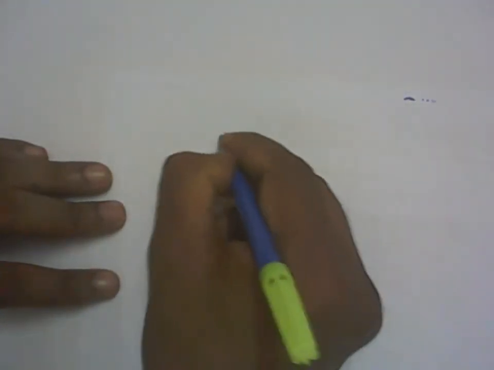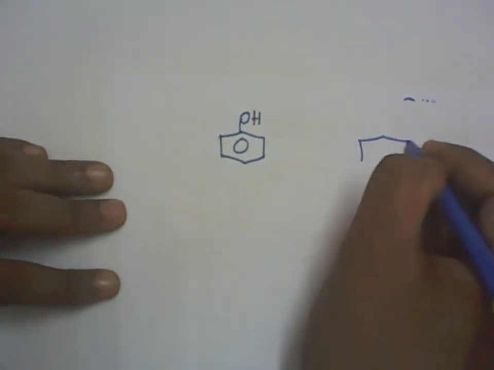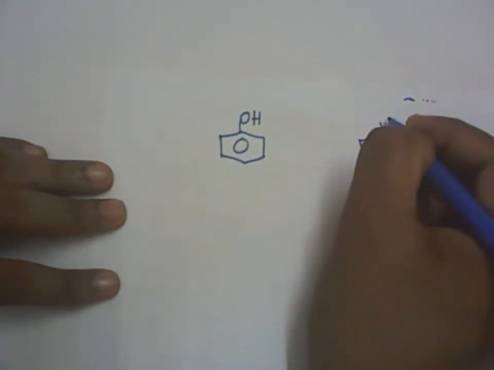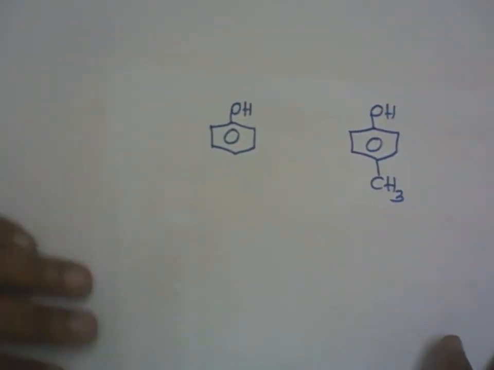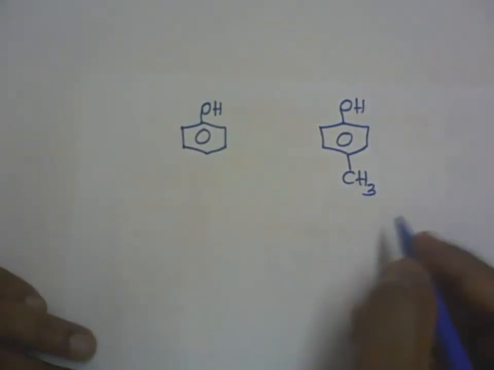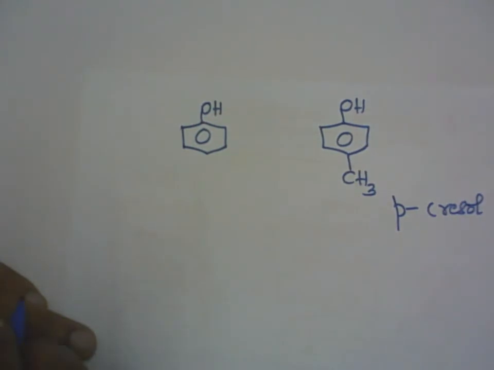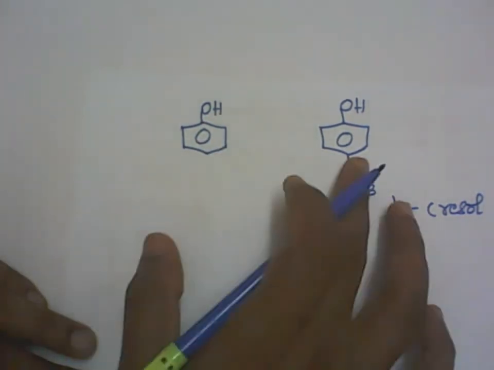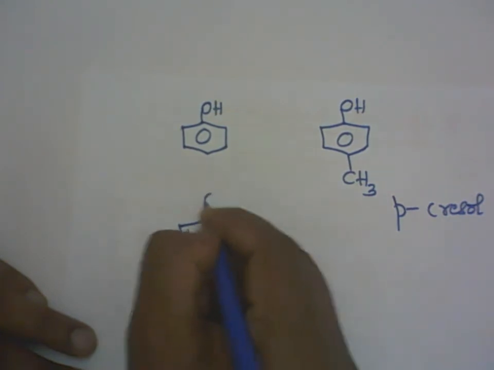So I'll take now the CH3 group. So phenol is the standard for me now. Phenol is the standard molecule. Now let me take the benzene ring attached to the OH. Now at the para position, let me take CH3. Do remember this one, this molecule I discussed in the classification. This is para-cresol. Both will produce what? Both will produce phenoxide ion. Correct? Both will produce a phenoxide ion.